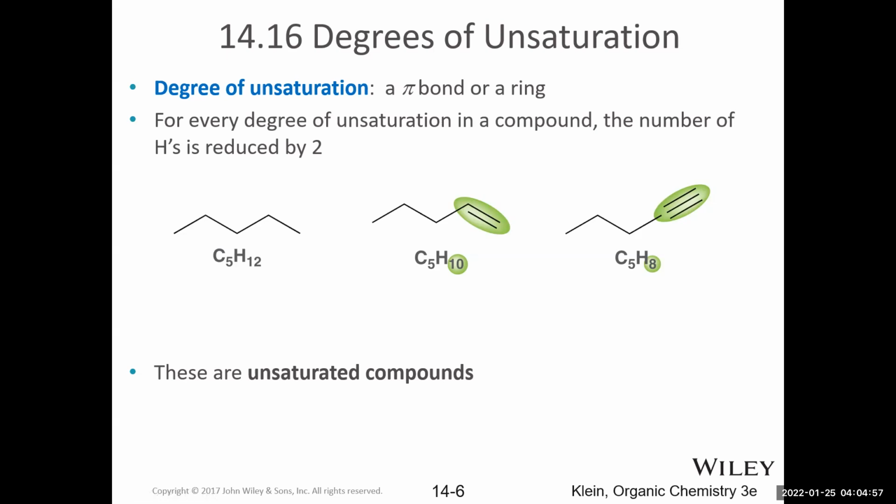And when we do our calculation, we will get a number for the HDI, or the hydrogen deficiency index, that is either 0 in the case of the saturated hydrocarbon, 1 if there's 1 pi bond or ring, and then 2 if there are 2 pi bonds, 2 rings, or any combination thereof.